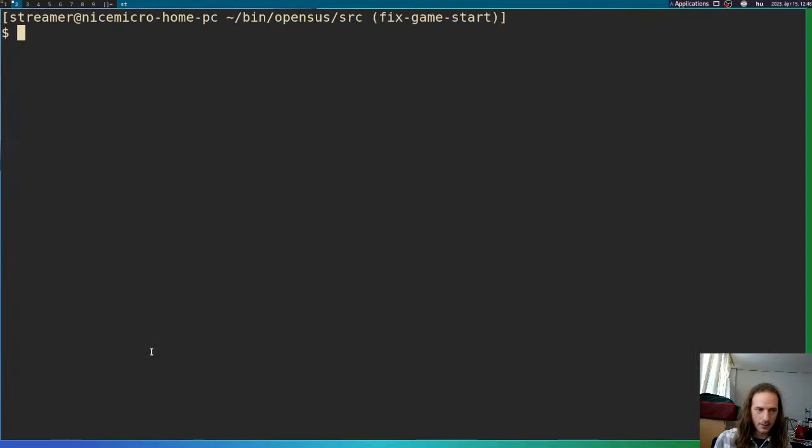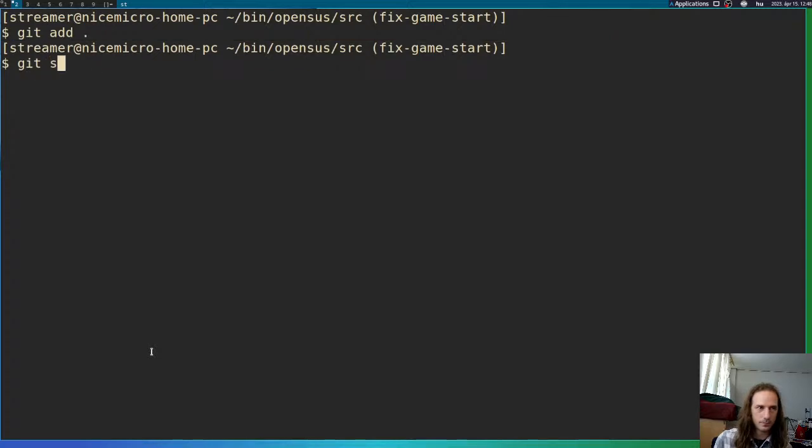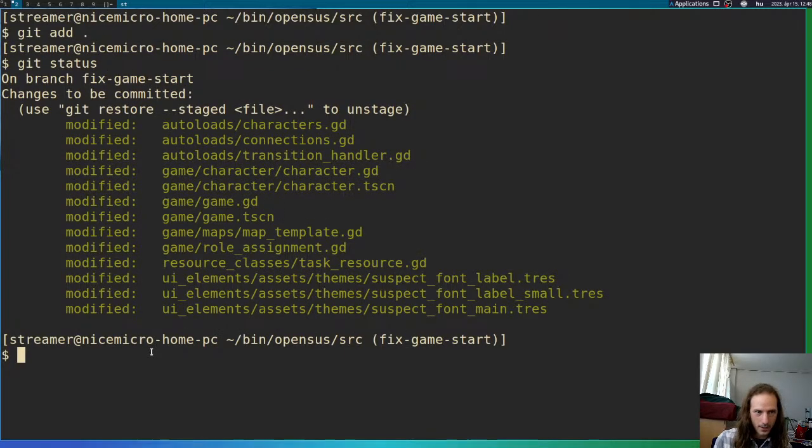Okay, let's git add everything. A lot of things have changed, so I will just commit git commit -m. Creating server, switching back to map and back